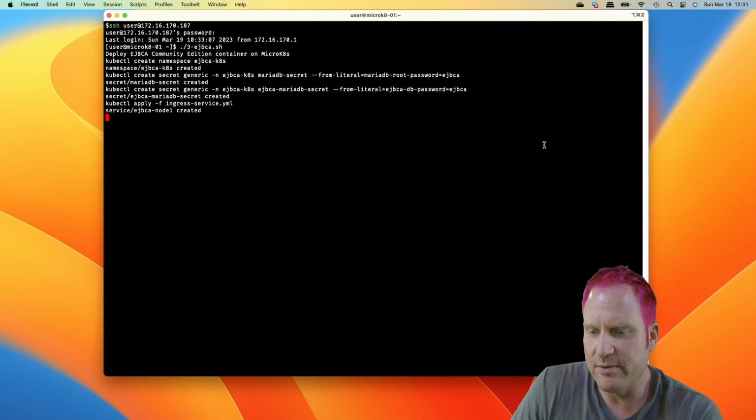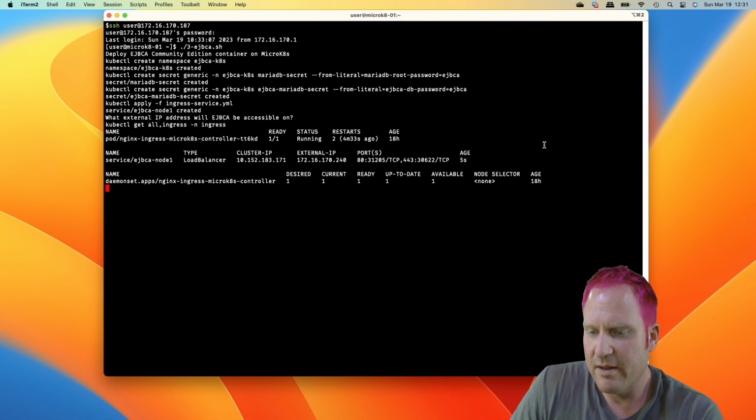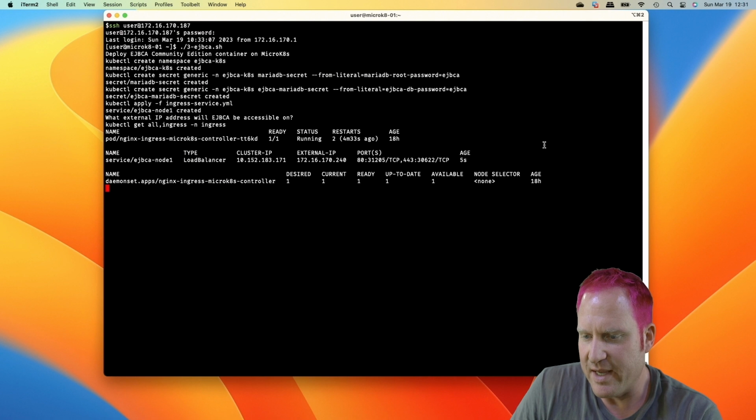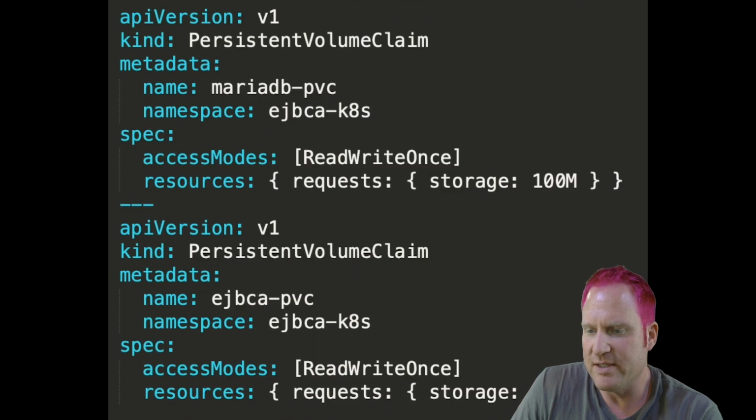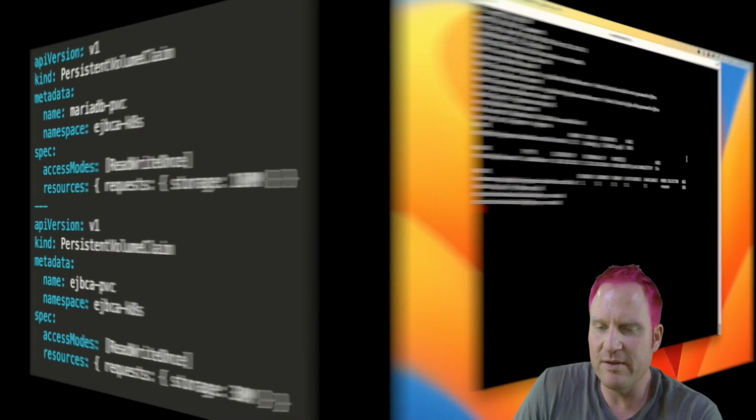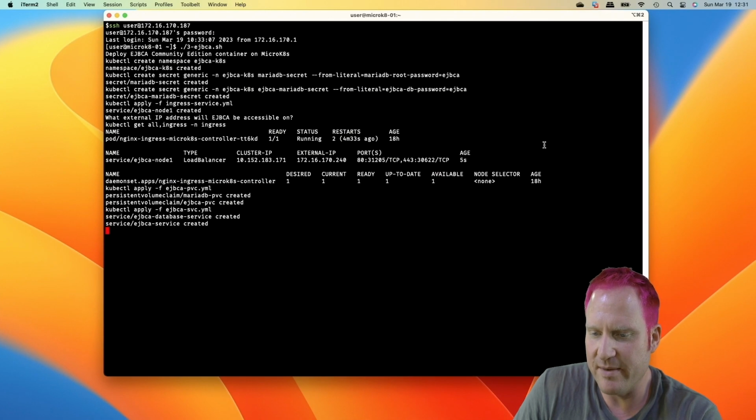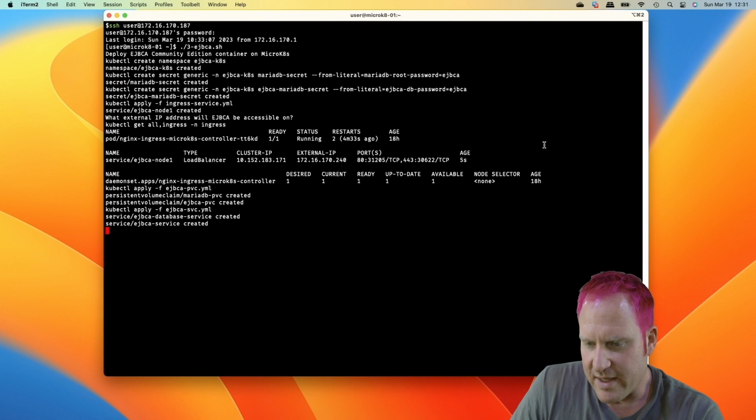Then we're going to do a service. And then we'll check the containers actually to get the IP so we can see that the 172.40 is our public one. Next, we'll create the persistent volume claim. So we've got one for MariaDB and one for EJBCA, even though the EJBCA one we're not going to use, but the database one we will. So that creates,